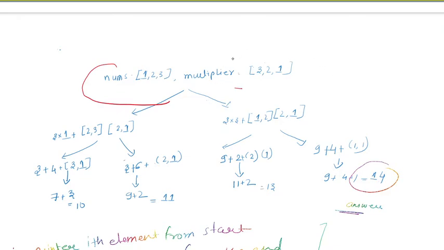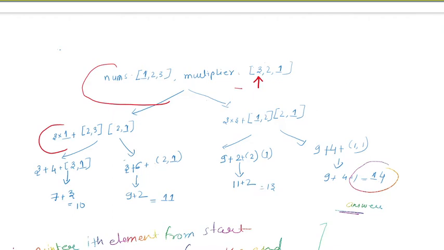Initially in the first step, you have to pick the first element from the multiplier, and you have to pick either the first or the last from nums. In this step, I'm picking up the last element. So you add that result to your score, that will be 3 times 1. And what is the remaining array? You have to delete both of them from the respective arrays. Since we picked one from the nums array, we have only two elements, 2 and 3, in the nums array. And since every time we have to pick the first element from the multiplier array, we will delete 3, and our array will be 2 1.